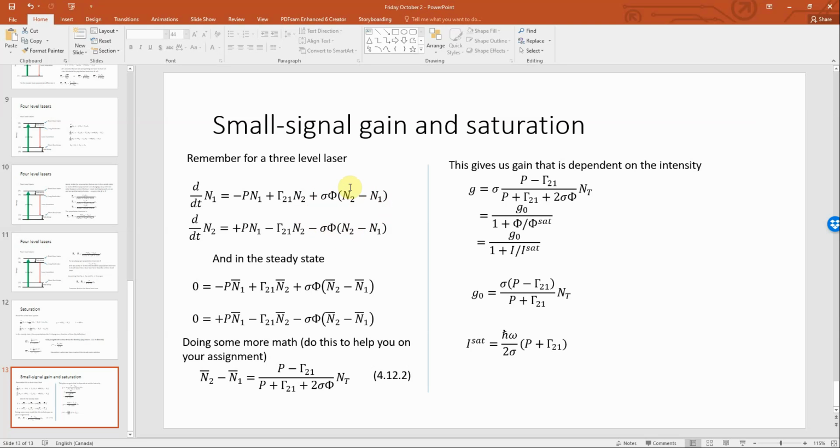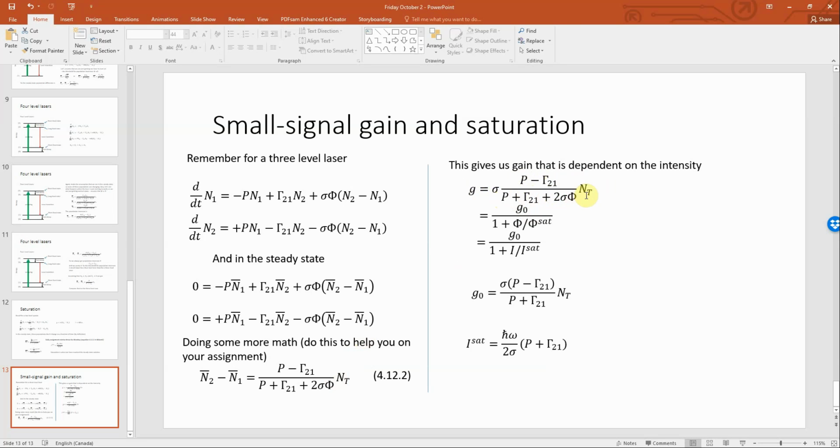So what happens when we don't have small signal gain, or when we do have a lot of photons in the cavity? It looks exactly like it did before, but we have this denominator that includes 2 times the cross-section times the number of photons. Now, from the definition of the gain from before, the gain is going to be this absorption cross-section times the pumping rate minus the spontaneous decay rate over the pumping rate plus the spontaneous decay rate plus 2 times this absorption cross-section times the number of photons,